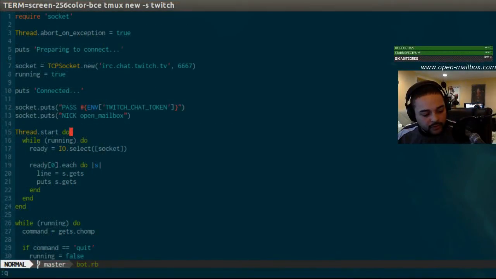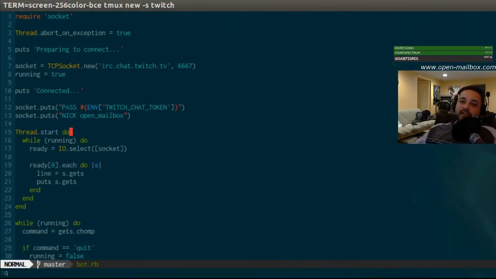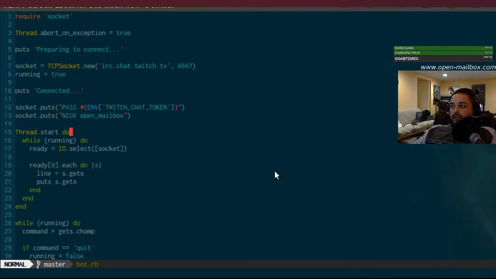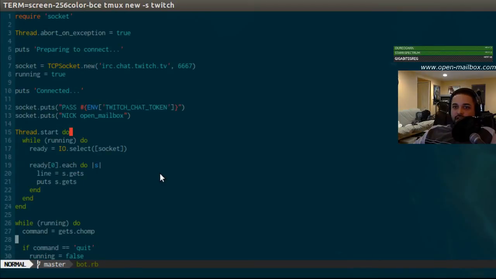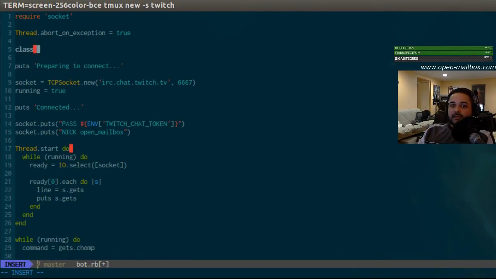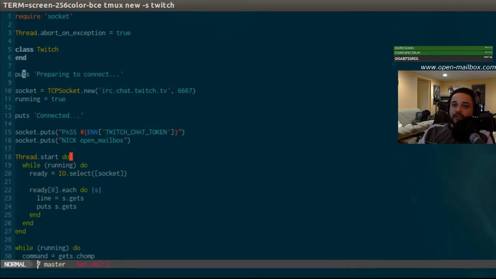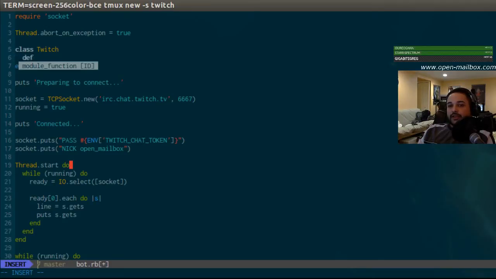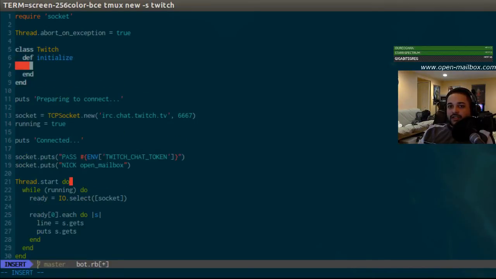What do we want to do? All right, so this is probably a good time to start refactoring some of this code into something that makes sense instead of just a long-running script, right? So I think what we want here is a bot. Or let's name this thing Twitch, right? Because the whole thing is a bot, but this is just the piece that actually deals with Twitch, right? So when we initialize this thing, I'm going to want a socket that I'll initially have null.